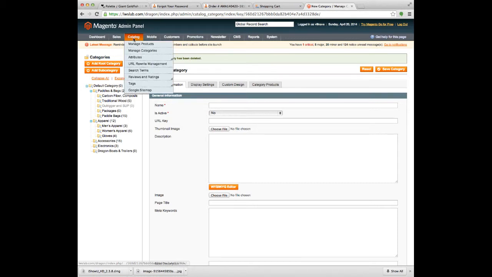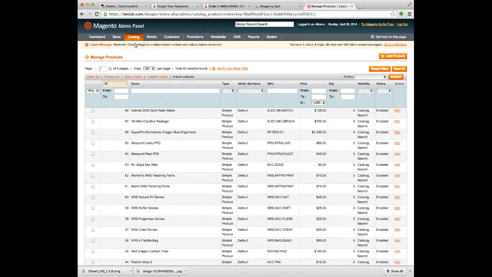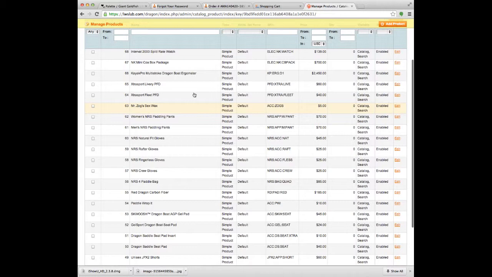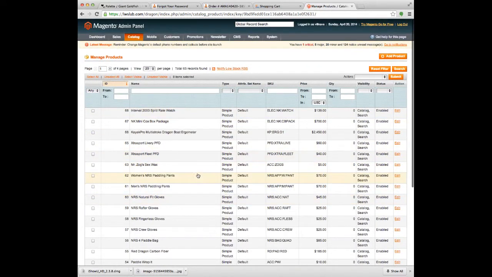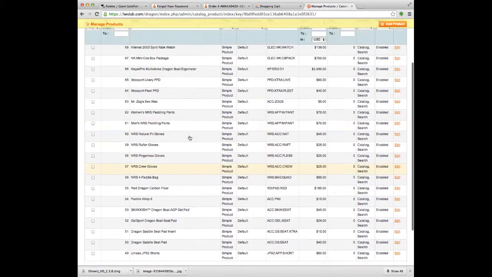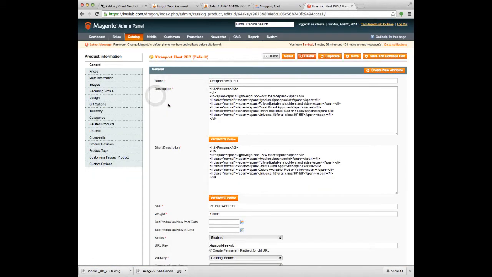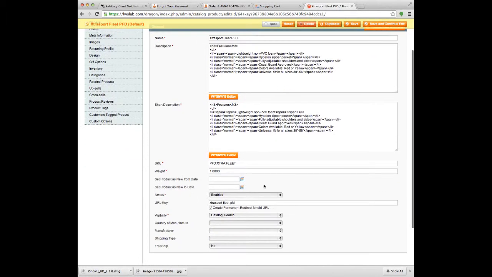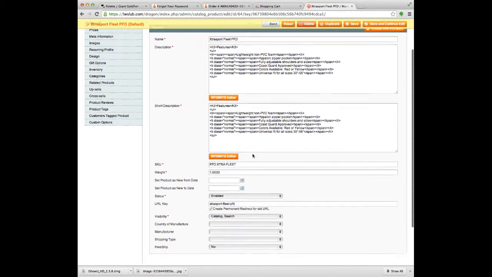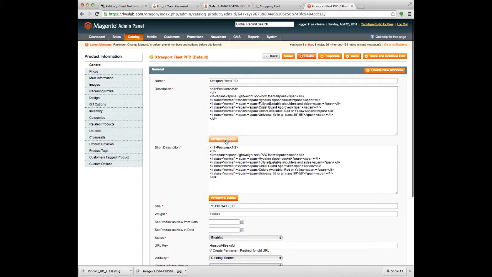So beyond that, if we go into products, because each product has to belong in a category to be seen on the site. So here are all your products. And if you look at these, I'm going to click into one here. When I put this together, I basically did a lot of copying and pasting from the other site, with the exception of, I used the new product SKUs that Heather had provided. So if I want to go in here and edit this, by default it shows raw HTML here,